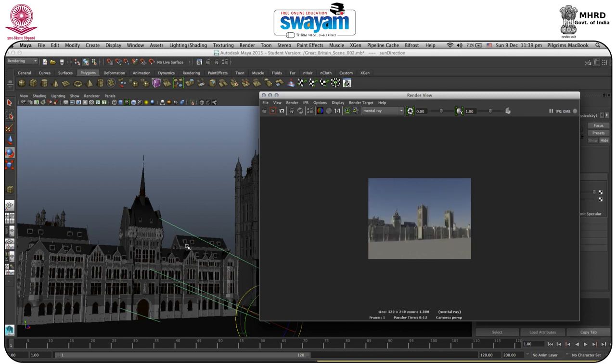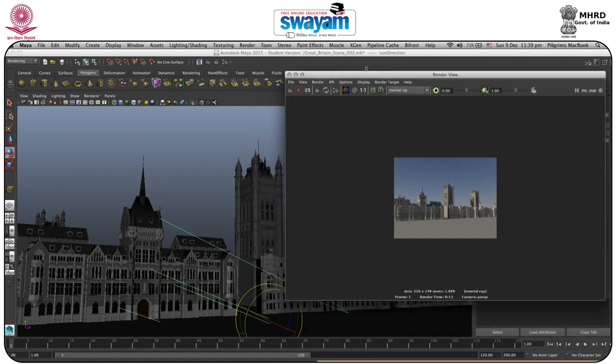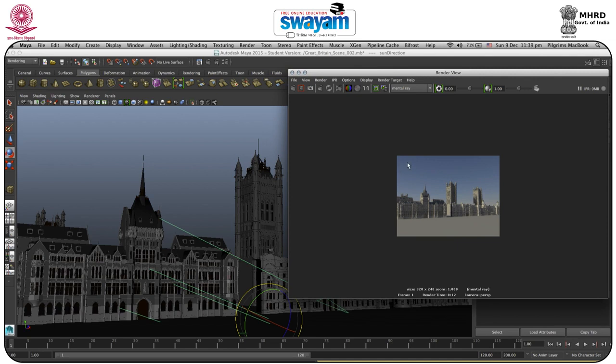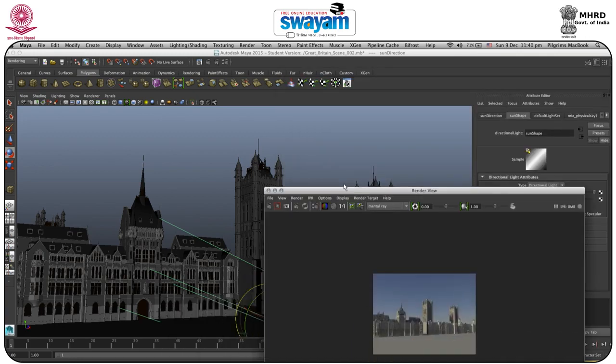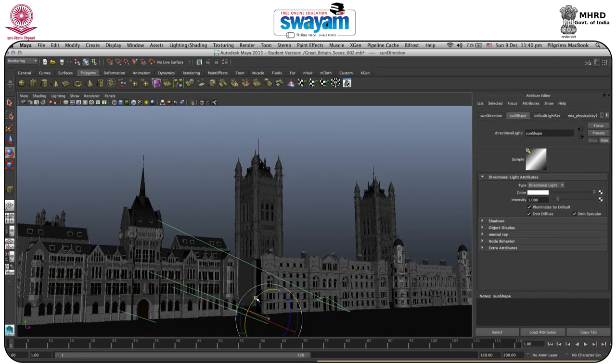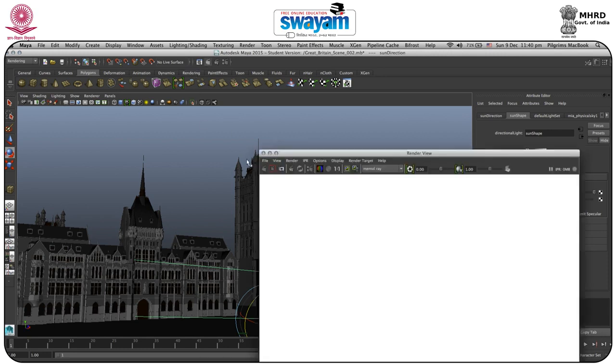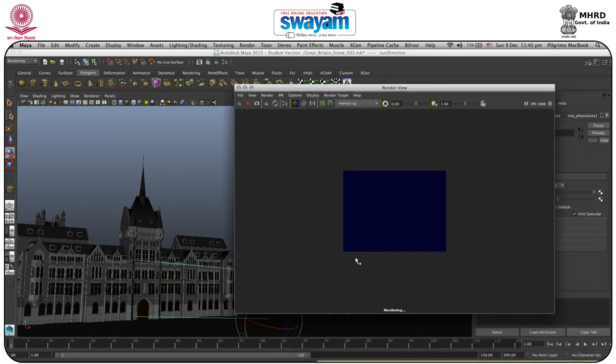If you rotate this, it will rotate your temperature also. If the arrows are slightly below, the light would be much brighter as compared to this one. You have sharp shadows, and it is also called morning light. As you can move like this, I will just cut for a time. As you move like this, your render will be darker as compared to the previous one. So in this way you can adjust.